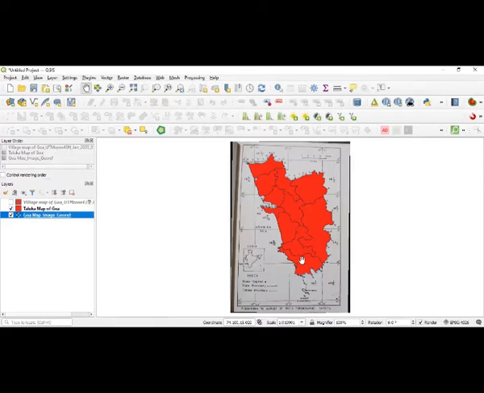Zoom in is there, zoom out is there, zoom last, zoom next, zoom full extent. So there are icons also here depending on what you have done. So they are going to give you the chance to go ahead, and you can refresh them. Okay, the refresh button is also there, you can refresh them.